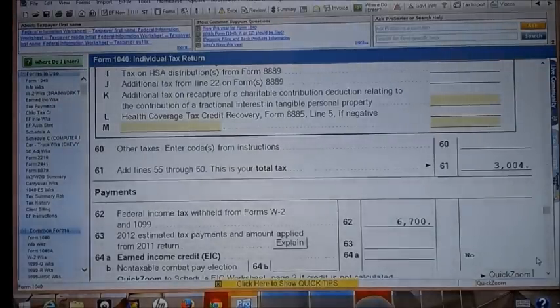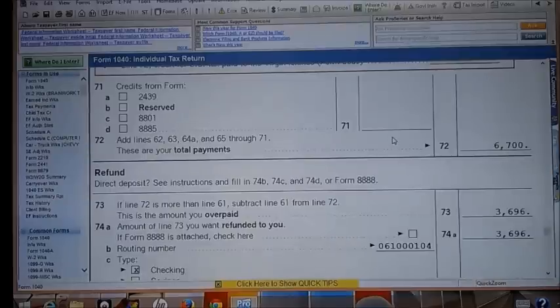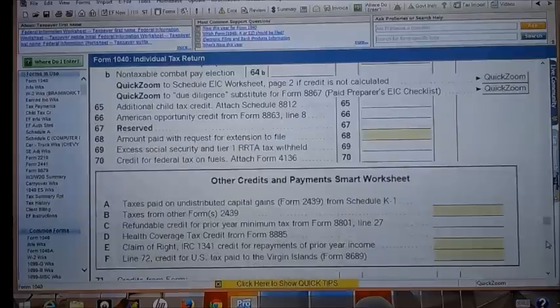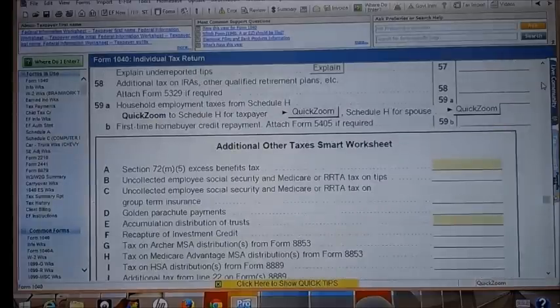All right. Now Bob's refund is now at $3,696 as opposed to $4,000 and some change. Okay, so $3,696. Now, let's say that Bob did not have a child. Okay, and he was just a single man, and so his status would be single. Let's see how that affects the refund. Okay, so we'll go from $3,696 to,